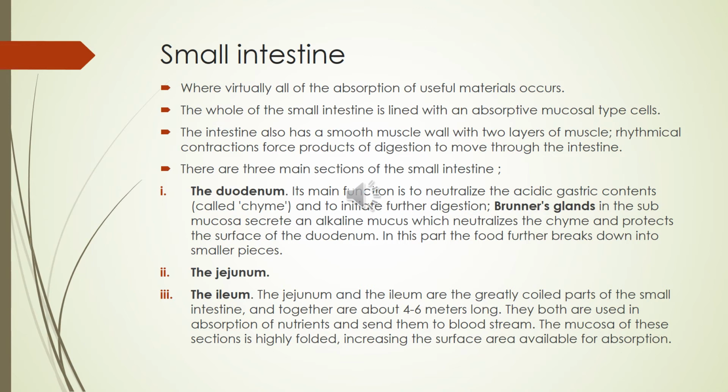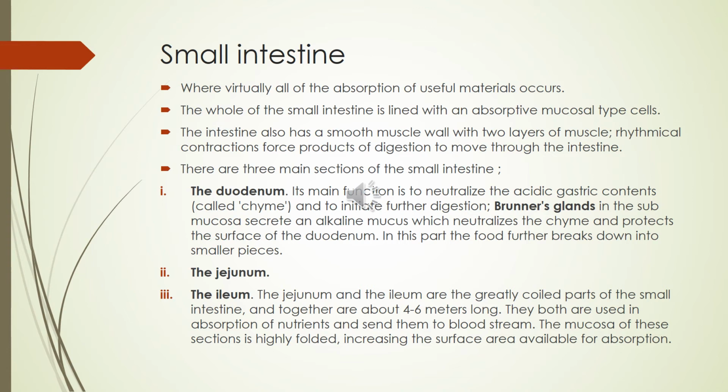The food coming up from the stomach has mixed with the gastric secretions, with the hydrochloric acid and other secretions. So the food being pushed from the stomach to the duodenum is acidic in nature. And the duodenum neutralizes the acidic gastric content, which is known as the chyme,